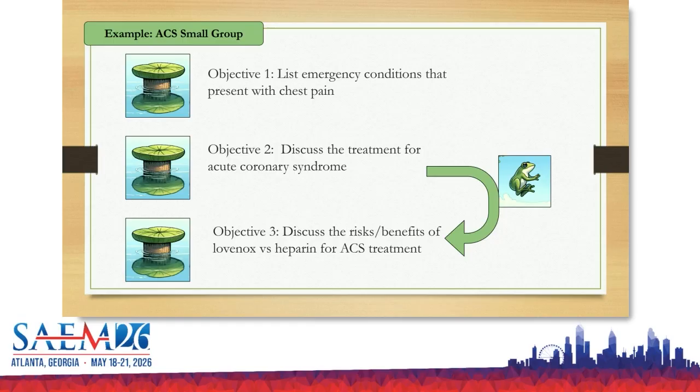Make a little transition down to objective number 3, and then discuss the risks and benefits. Okay, so we discussed this, but some patients get Lovenox, some patients get heparin. Tell me about that. Who have you guys seen get Lovenox? Who do you guys see get heparin? And then you can talk about that some more. So you can see how just having these objectives gives you that map for a conversation. No 2 conversations will be the same. I know that if I'm teaching this to PGY2s over different years, it's going to look different, but at the end of the day, they're still going to hit on my learning objectives.